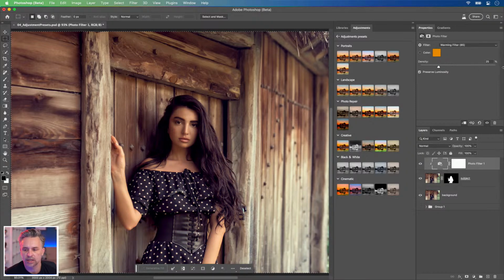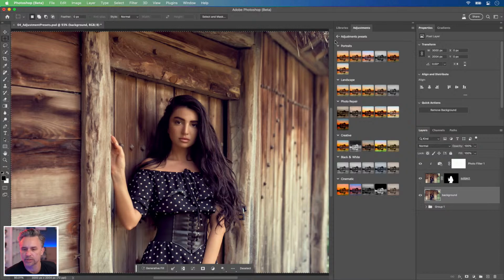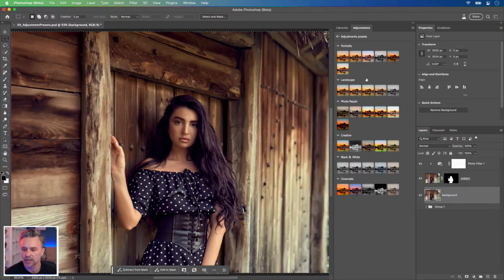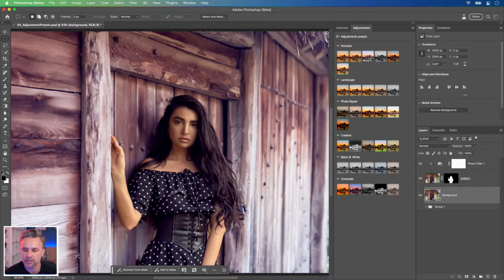Now she is yellow. Now she's very sickly, but now she's warmer. What does this mean? Well, it means I can make the background cooler. So let's go back into adjustment presets and watch this. Even as I roll over this, let's go to something maybe even